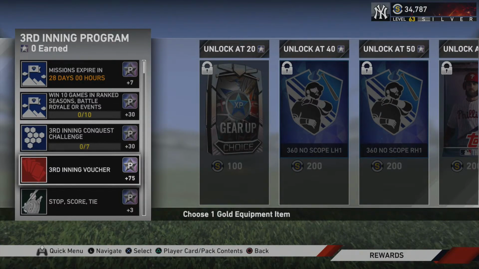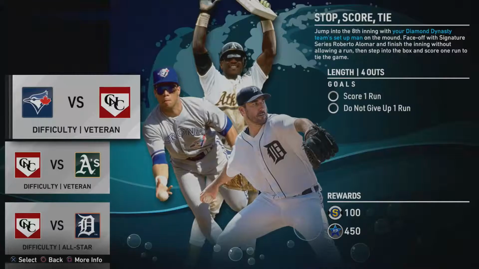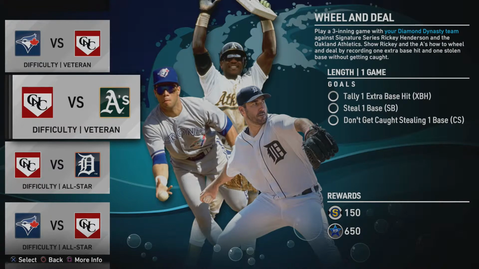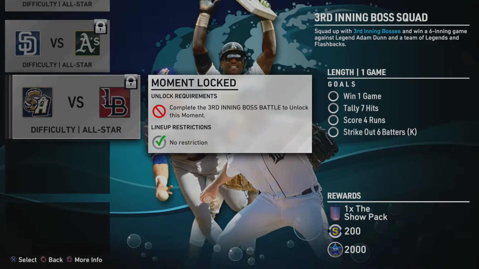And the last way, of course, to get stars for the players is to go into the moments and do all of the moments for them. Of course, you have moments where you play as your team and you have to go against these players and try to do certain things, like scoring a run without giving up one, getting an extra base hit and stealing a base. Then you'll come down to a point where you have to do a boss battle with them,